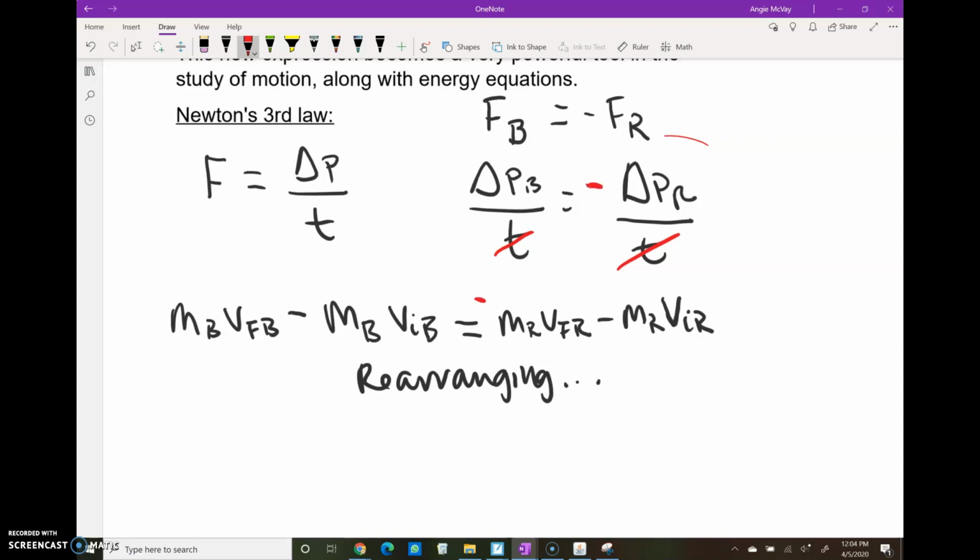So we're going to make this negative and put this whole business in parentheses. Okay, now we're going to rearrange, and what we'll end up with is the mass of the blue car, velocity initial of the blue car, plus mass of the red car, velocity initial of the red car equals